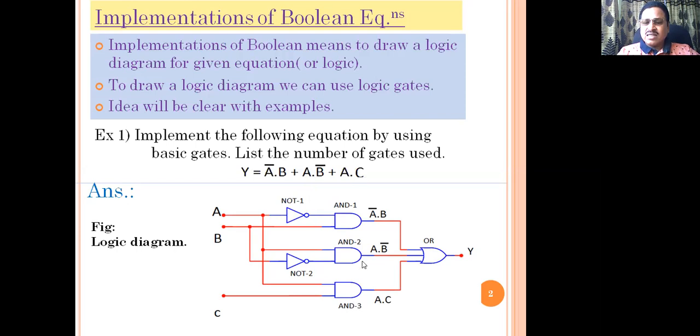Whereas to get the third term, we have to use one more AND gate with the inputs A and C, so the output is A and C. If you observe here, a connection is shown with a dot, meaning a junction. Otherwise, crossing of lines does not mean there is a connection. In all types of logical construction henceforth, you will draw a number of lines one above the other without any connections. Only where we want to show the connections do we place the dot.